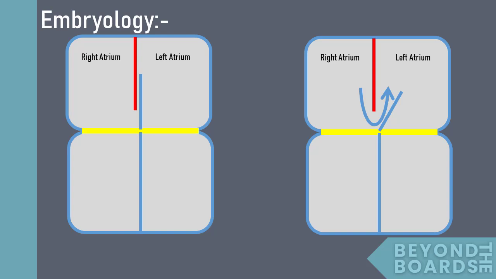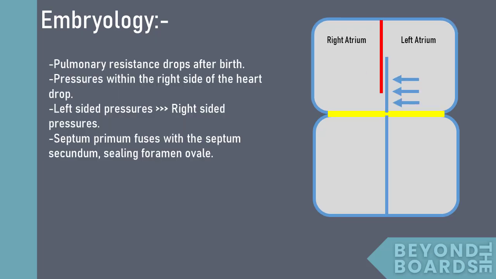Okay, so far so good. So this right to left shunting continues until we are born, and after we take our first breath, the lungs will be cleared from all that fluid, reducing the pulmonary resistance and lowering the pressure within the right side of the heart. This makes it lower than that of the left side of the heart,